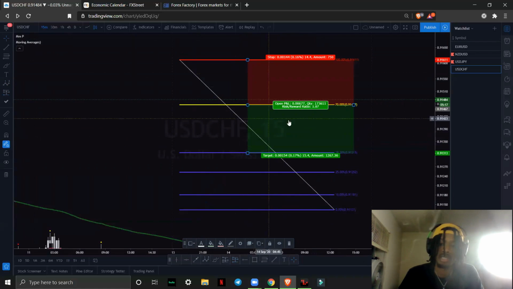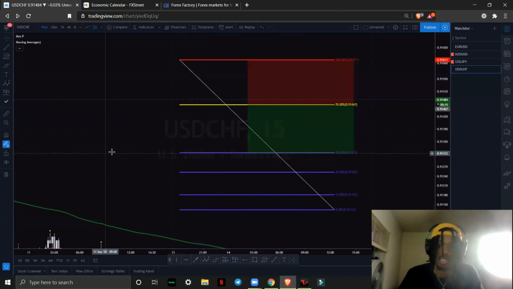You have a slightly above 1-to-1. Okay, slightly above 1-to-1. Scalpers, this is good. I know people say, oh, have 1-to-2, but you're not gonna always get a 1-to-2 risk to reward. That is a myth. You're not gonna always get a 1-to-2. So